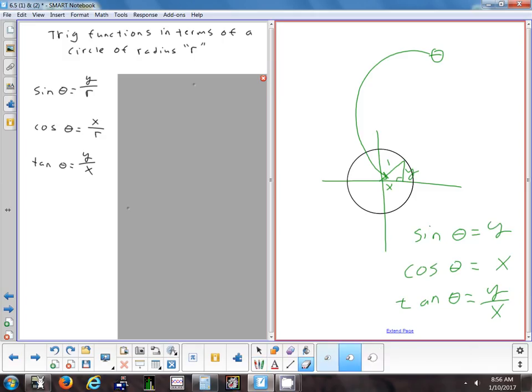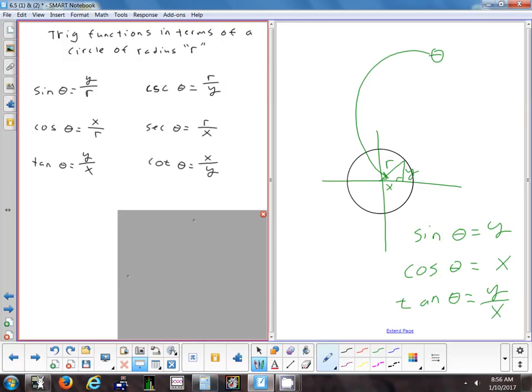Well, now let's pretend that the radius isn't 1. Let's pretend that it's r. Okay, it's bigger than 1. Could be anything. If you go through the same formulas, let's do sine. Opposite is y over what's the hypotenuse now? And now we can write it as y over r. Cosine is adjacent over hypotenuse, x over r. And tangent is still opposite over adjacent. R has no effect on that. All right, so really,